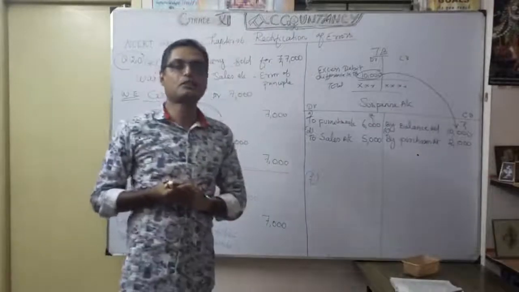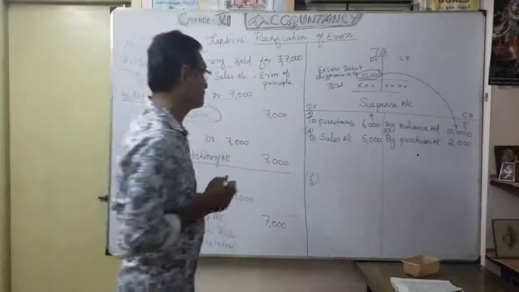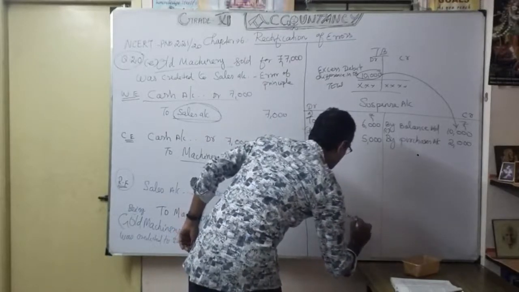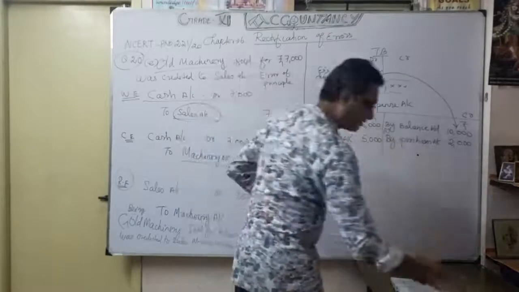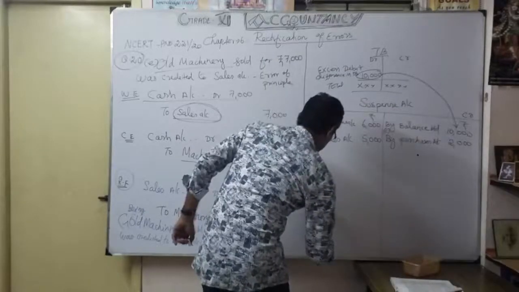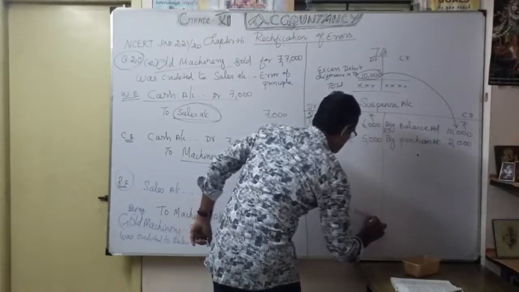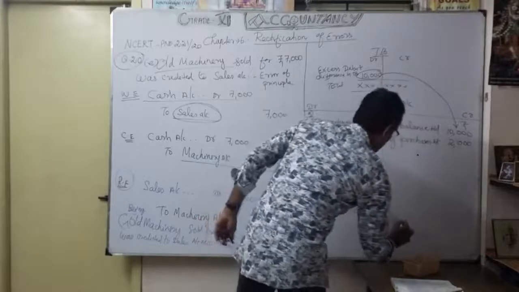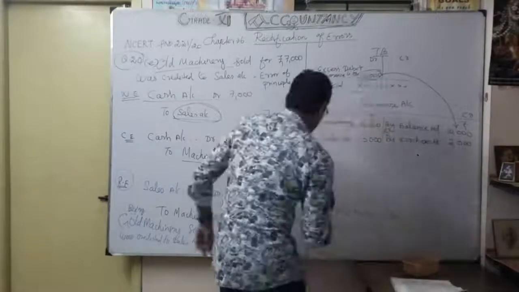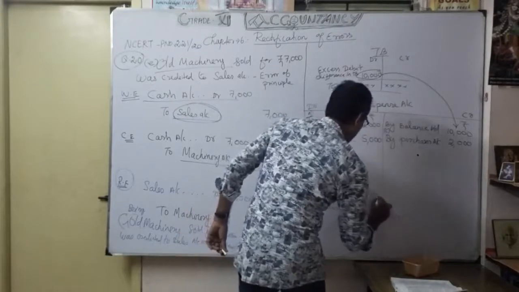Understood? Discount received is what? It comes under gain. So naturally discount received is on the credit side. I write it here: To discount received, 800. So what should be debited? Kannan. You are going to debit Kannan. There is no question of a suspense account, since it was totally not posted. Kannan account 800. That's our debit.